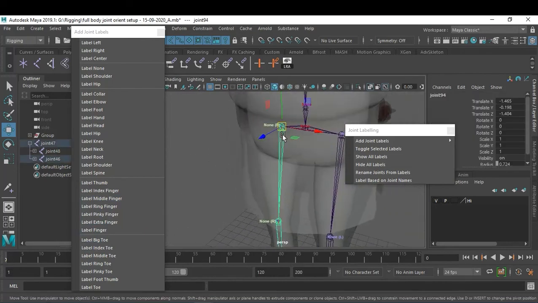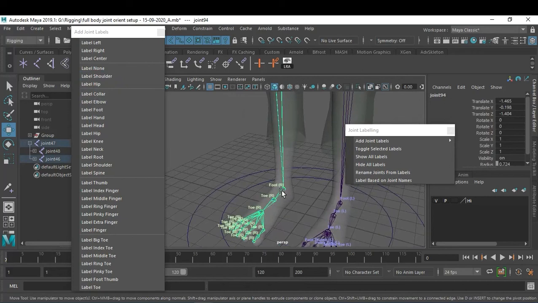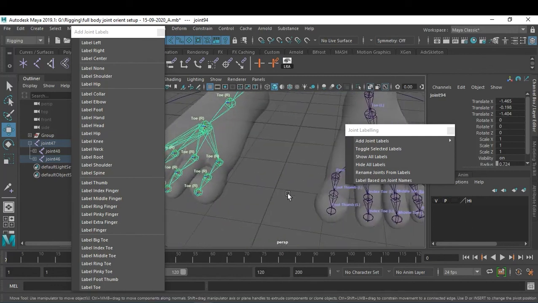So you have to just give the name, just click on the label hip. So hip, knee. So you have to give proper name. Suppose if it is not there afterward also, this is heel, this is ball, this is toe. So you have to rename that particular thing, but 99% of your work is done by this label only. Same thing I'm going to do over here also.